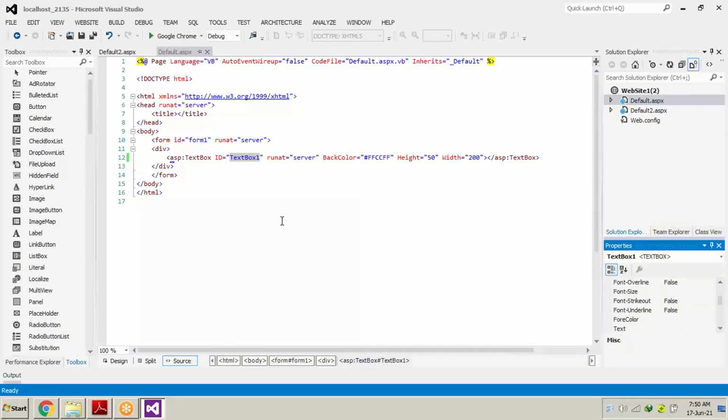We can change the properties of that particular tool. So the toolbox and properties windows are connected, and the upper right column, which is Solution Explorer, shows us the content in our project folder. So I believe all these 3 windows or sections of the screen have been clear to you all.